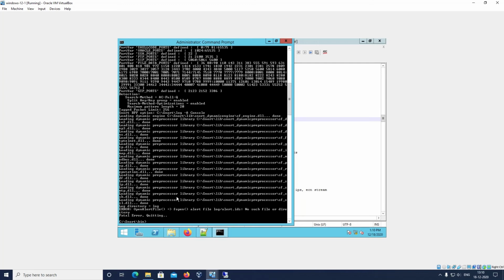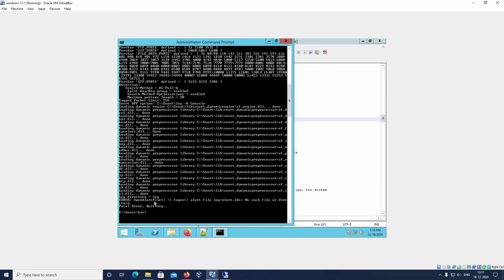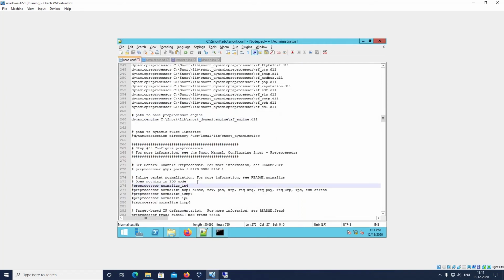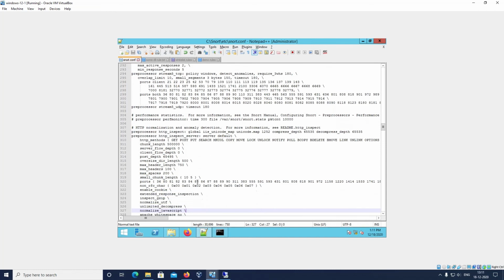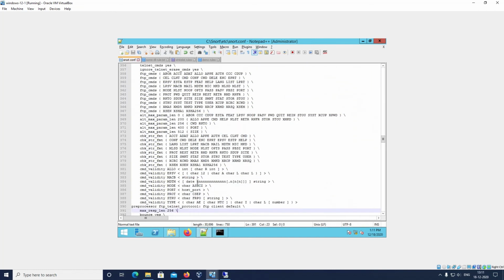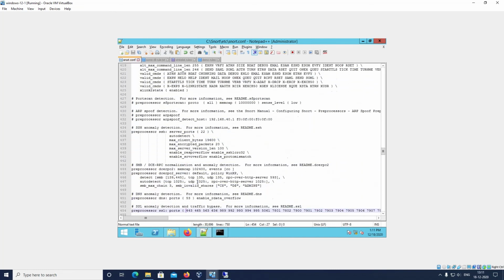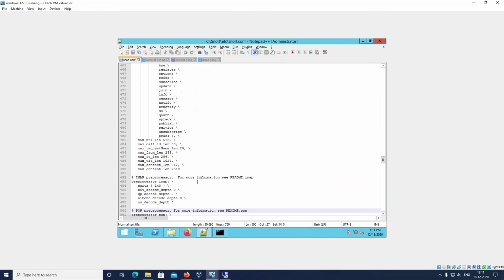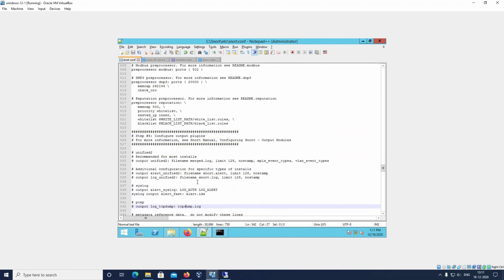Here one more error we have got: open file alert.ids. So we have added a line with syslog where it is throwing an error. So we will go to that line and check it. Here is that line.